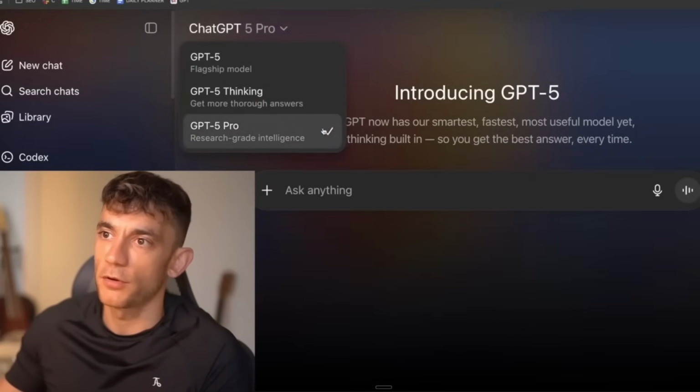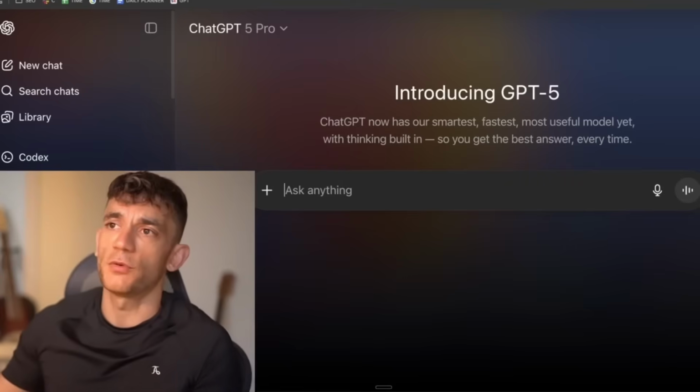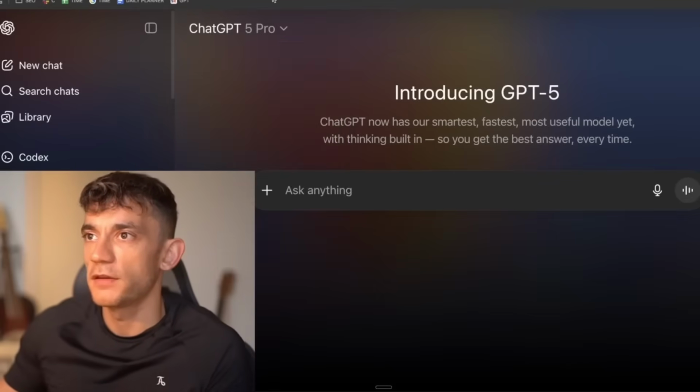Now, if you're using GPT-5 Pro, it's going to take a long time to come up with an answer. So this is better for more complex tasks. I think one of the best ways to use it is like you go into GPT-5 Pro and